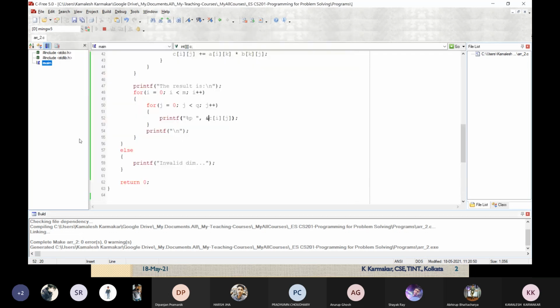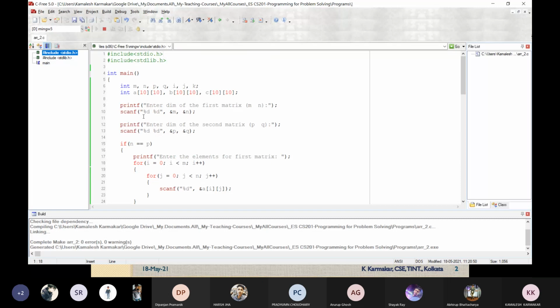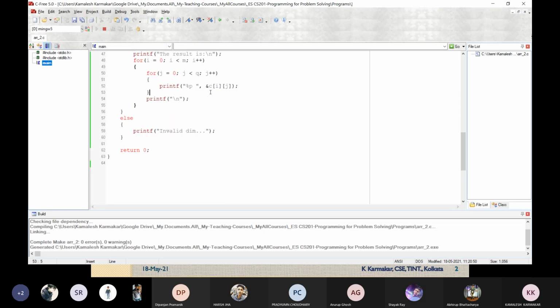Notice here, in our program, the array we have declared has size 10. Even if we are using a smaller size for our programming, the whole memory is still allocated. If I want to print all the addresses which are allocated, let me show you.